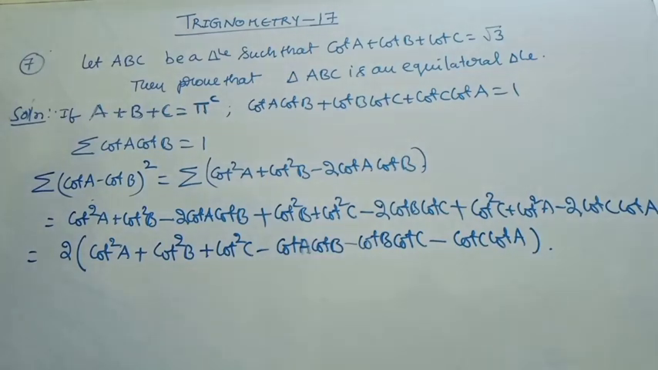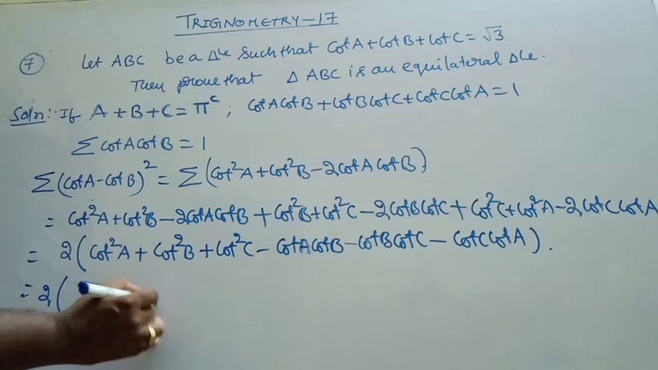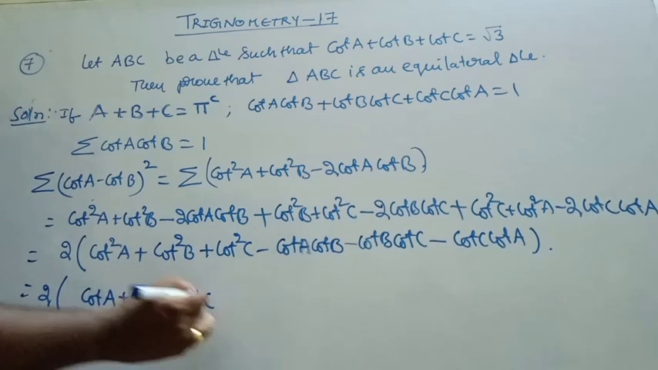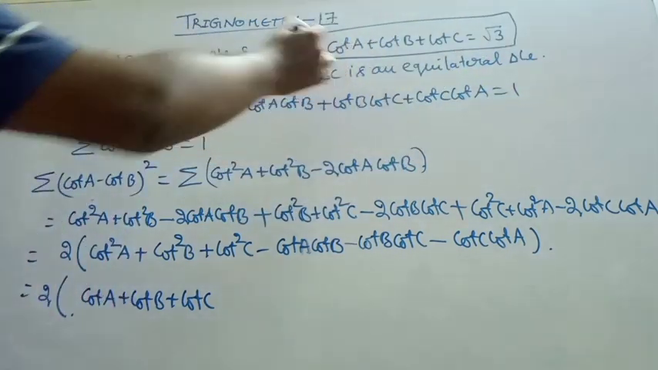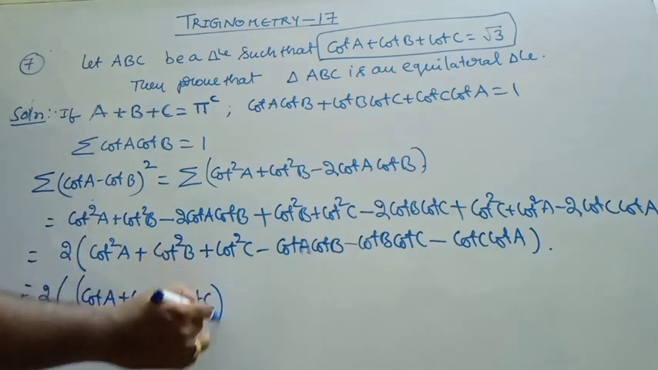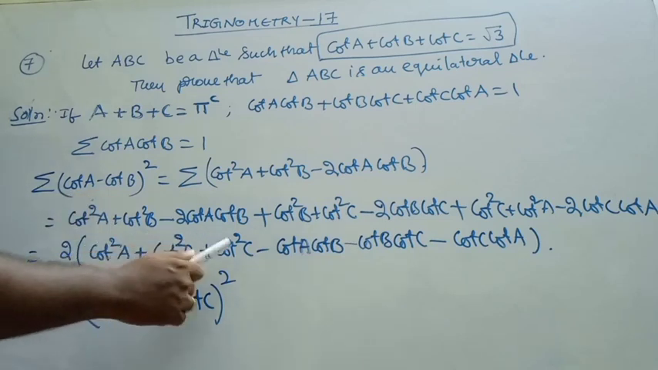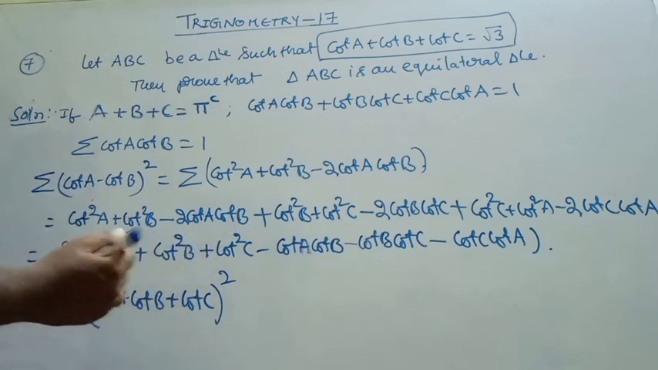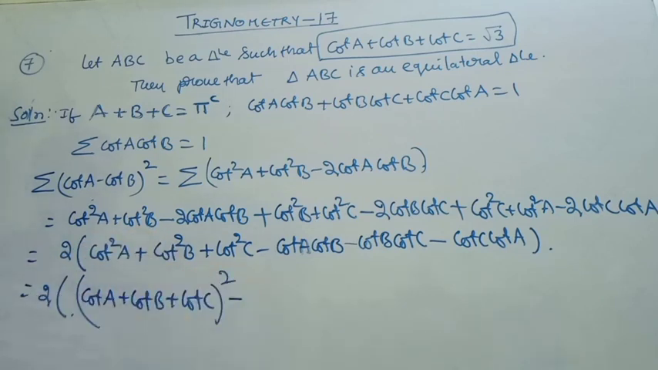Wonderful. Now this is 2 times cot square A plus cot square B plus cot square C. That I will write using cot A plus cot B plus cot C. Why I am writing like this is because they have given cot A plus cot B plus cot C equals root 3. To utilize that, we take cot A plus cot B plus cot C whole square, because we can write a square plus b square plus c square as